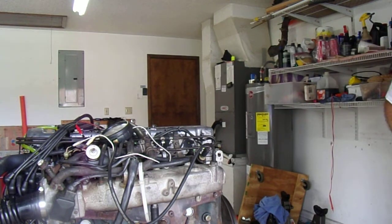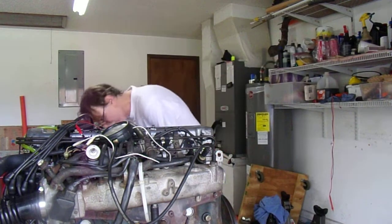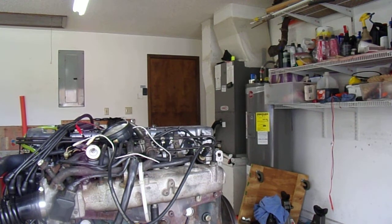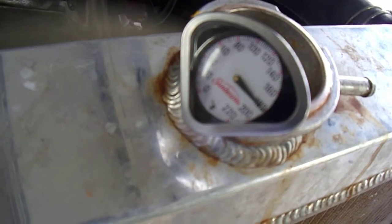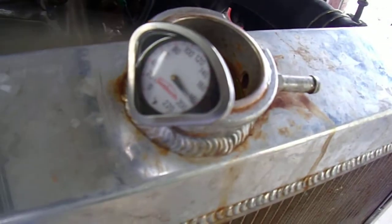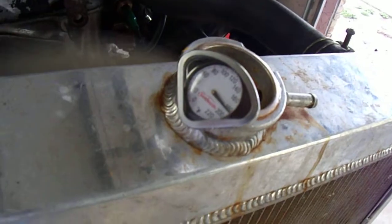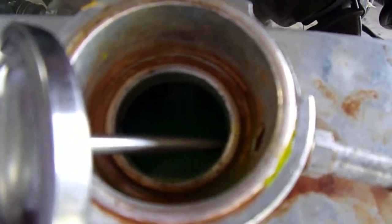Shut it down here. 180. That's inside the garage. Maybe 185, inside the garage. Not good airflow over this radiator. It's flowing, but it's not